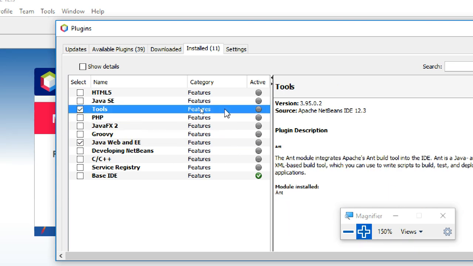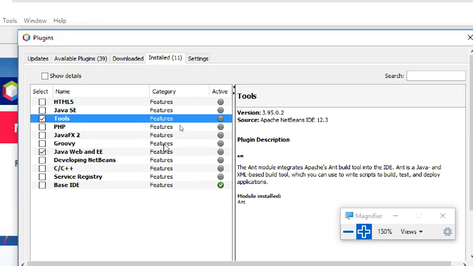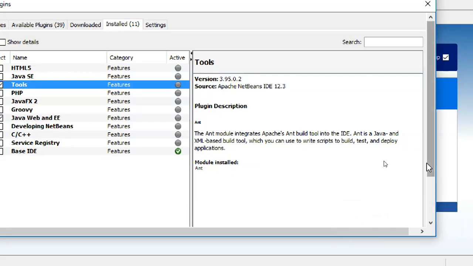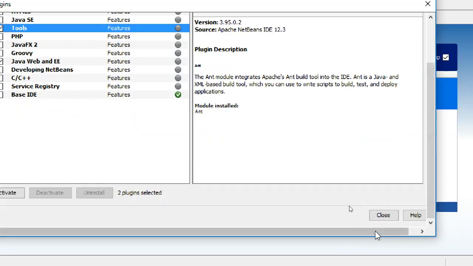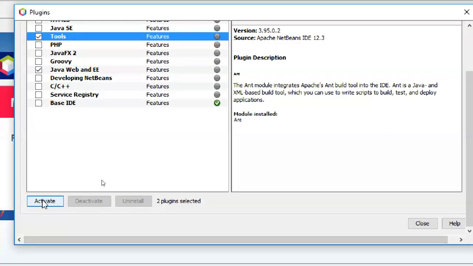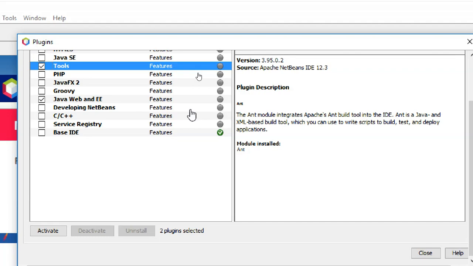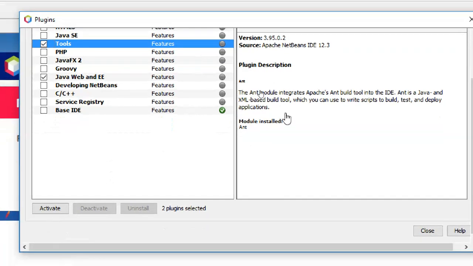Or you can search if you want anything extra, developing NetBeans or PHP or HTML. So you can select it and install it. Why is this installation button not showing here? We are missing that one because I didn't put it in full screen mode. So this is active.